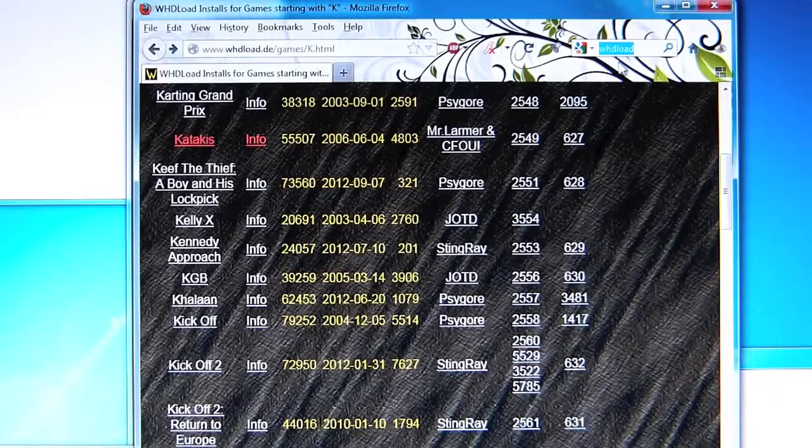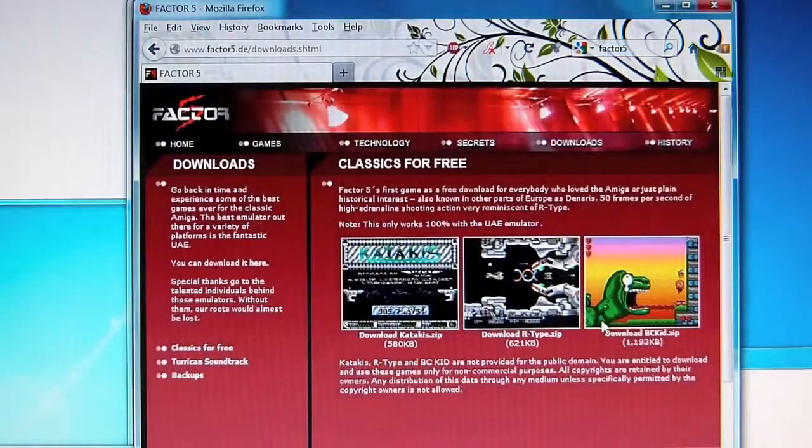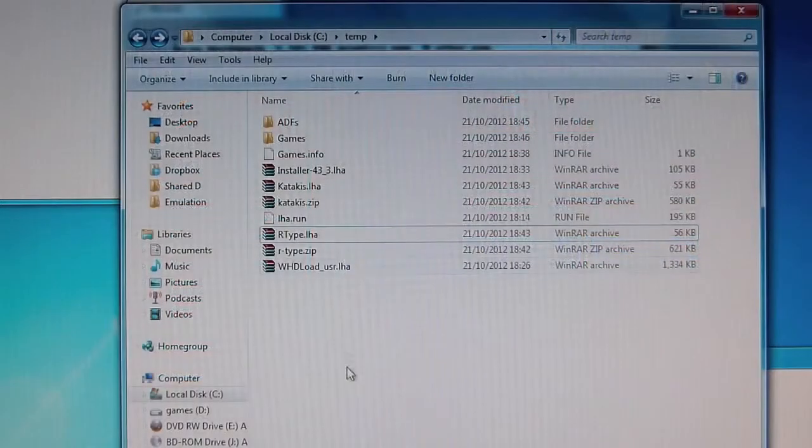What we also need is the game, so this is the ADF file. If you look on a search engine for Factor 5, there should be 3 games. Unfortunately, with BC Kid, this particular version of the ADF file is corrupted, so it doesn't actually work with WHDLoad, although it will work on a real Amiga, and sadly the same is true for Turrican. However, Katakis and R-Type do work, so if you click Katakis and save that,